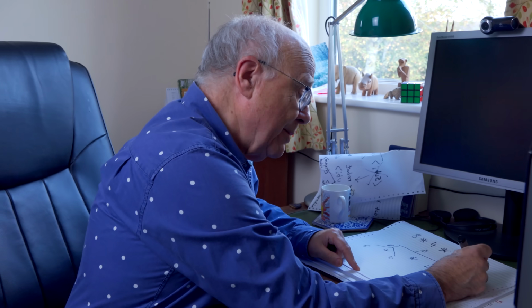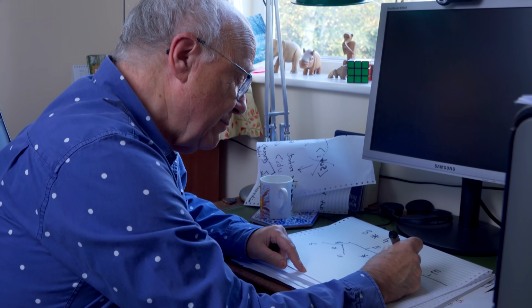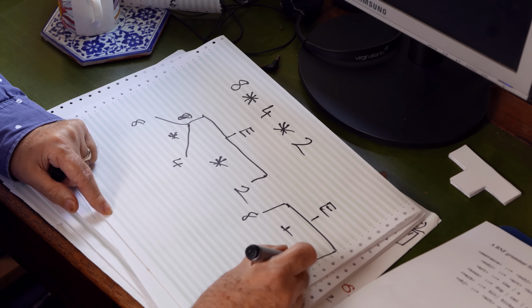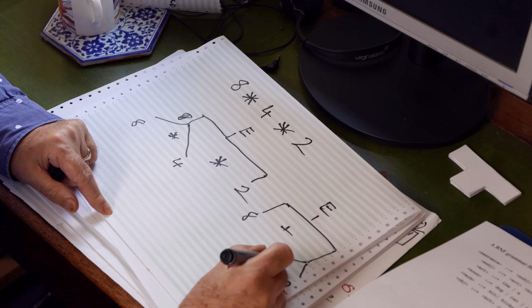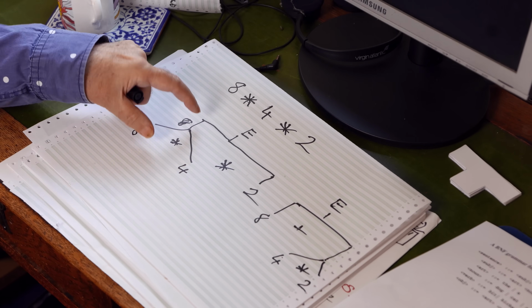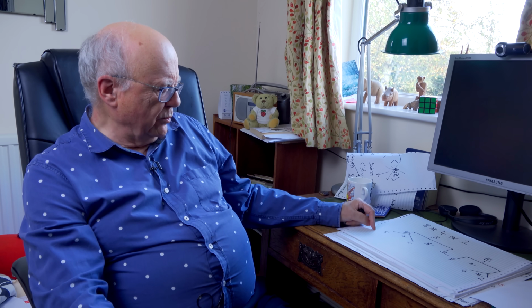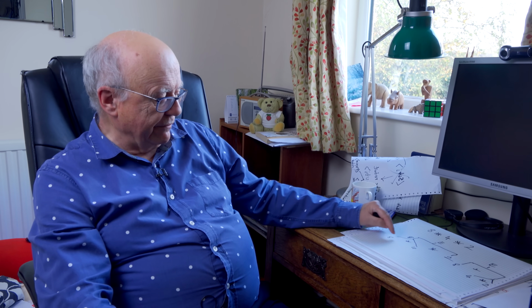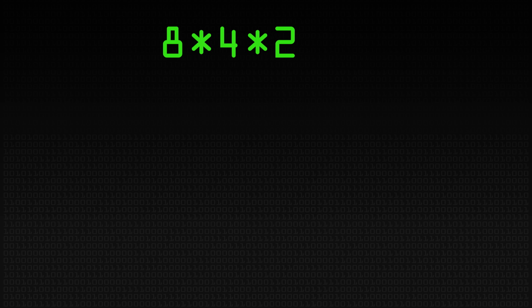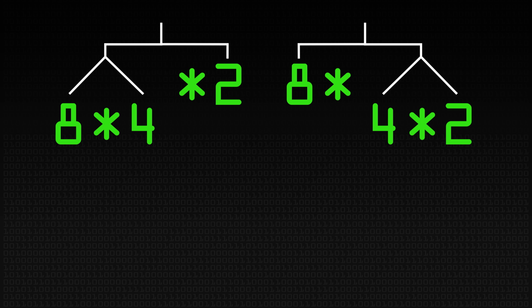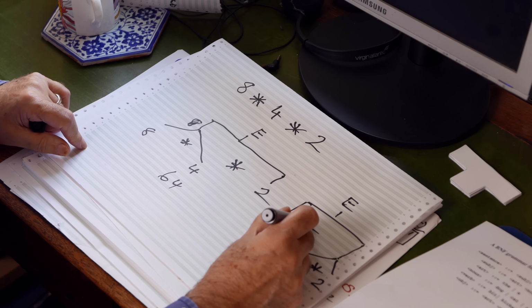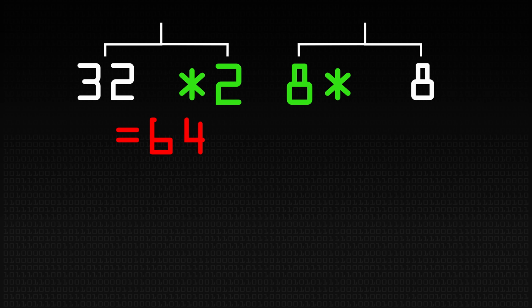Because it would be equally okay, as we've got things at the moment, for you to draw something that's got 8 here, multiplied by here, 4, 2, with a multiply between. So have we got a little bit of tree structure on the left or on the right, and does it matter? And you say, no, it doesn't matter. We all know that you can't complete the expression until its left operand is known, and that involves forcing you to do the multiply. 8 times 4 is 32, fine, 32. What's the other operand here? It's multiplied by 2, 32 2s, 64. Equally over here, 8 multiplied by 4 2s are 8, 8 8s are 64. So you're doing it 2 different ways, but you're getting the same answer.